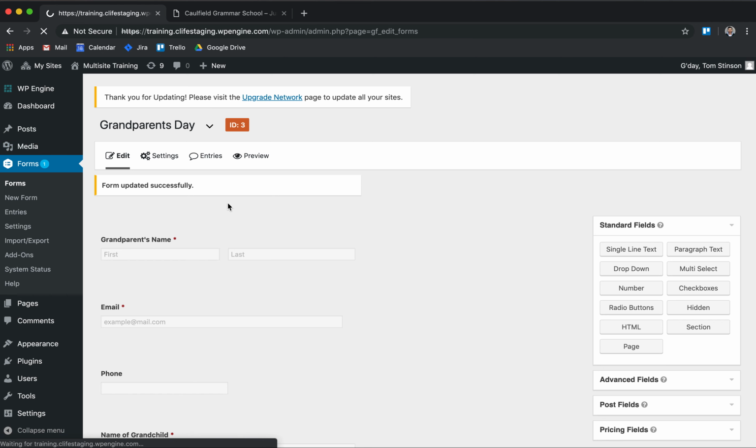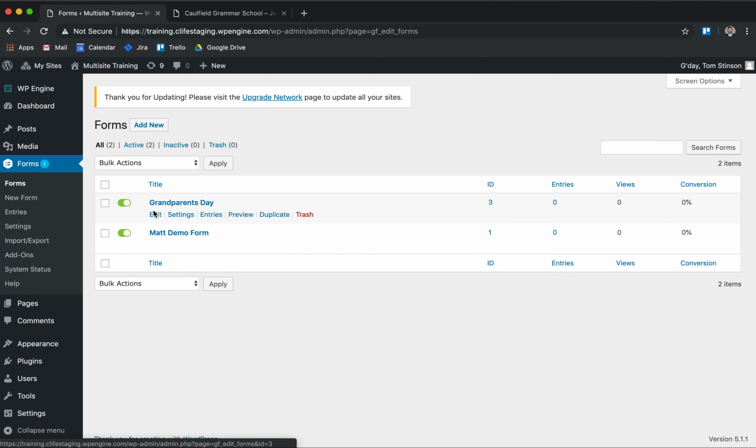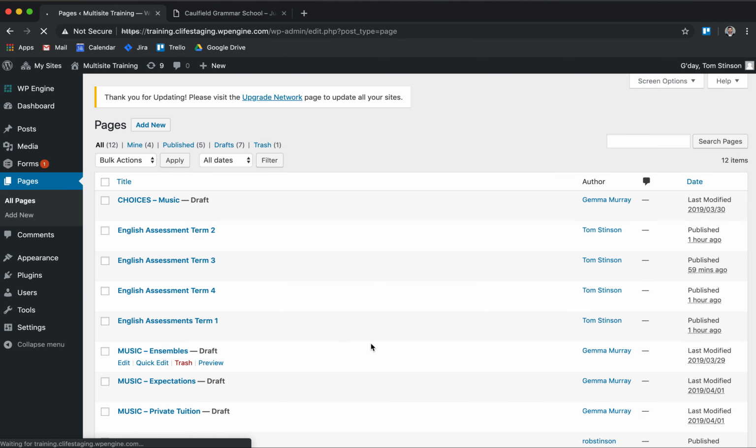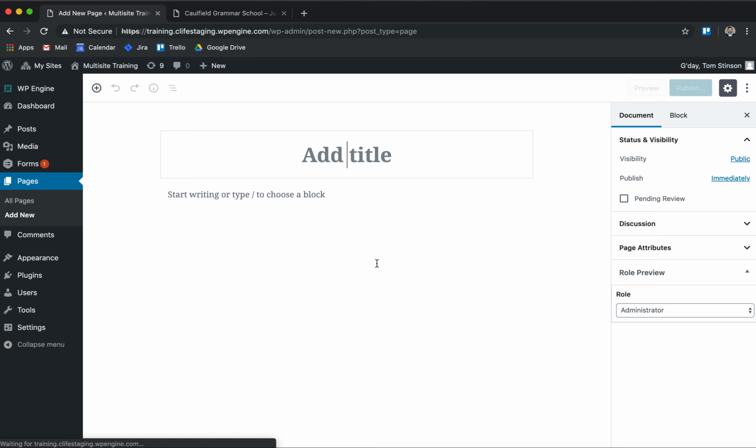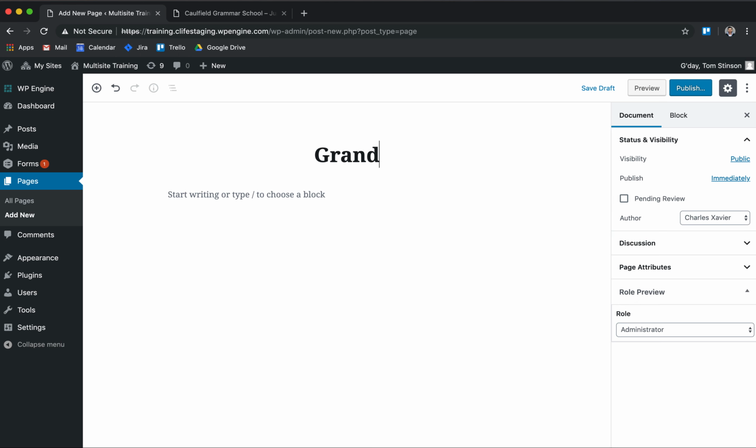So going back into the forms, we've now edited that one. So this was our updated one, and Matt's one is there as well. Now, if you wanted to put this onto a page that you want to build, what we do is we go into Pages. If you're wanting it to be a form by itself on a page, the best way to do that is by adding a brand new page. Let's say Grandparents'